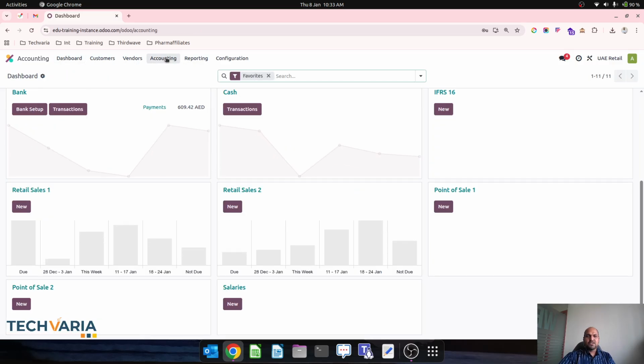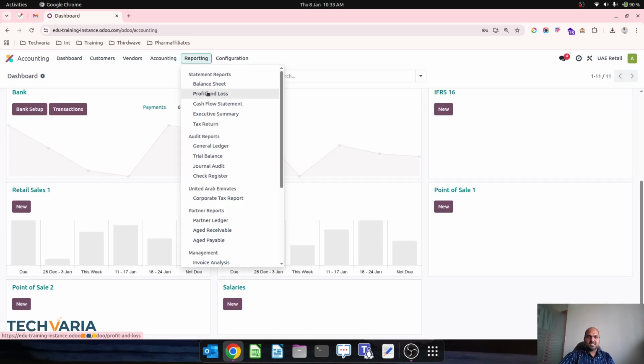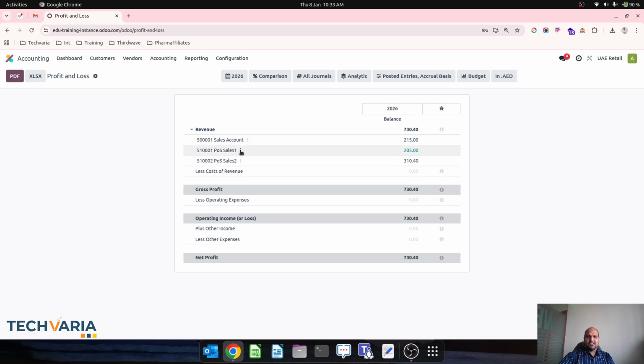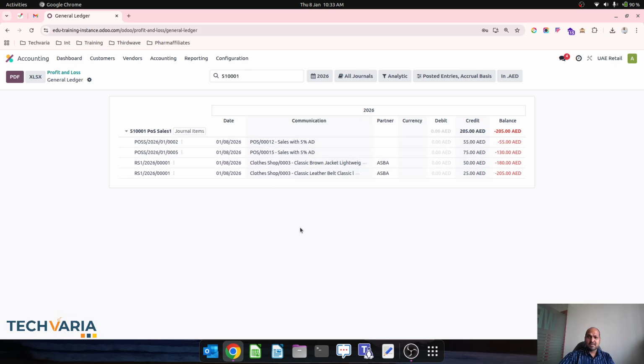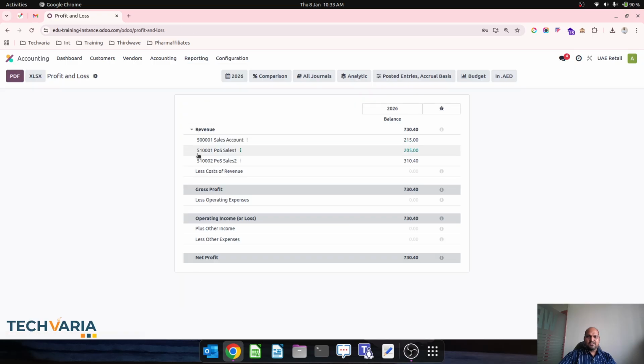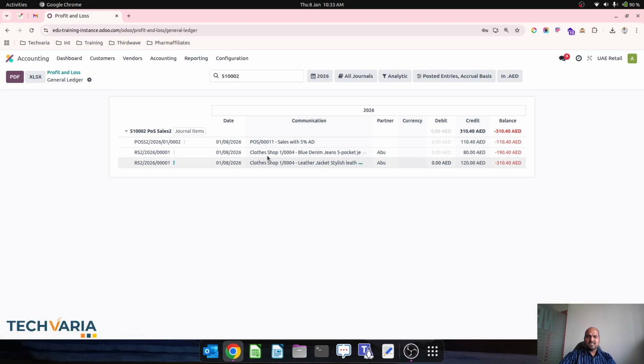And if you want to see a clear picture of profit and loss, you can see POS sales 1 and POS sales 2 respectively over here, where you can find the performance of each and every individual POS sales counter using your direct income account. So over here in your P&L, you can verify all the respective sales coming out of the respective POS based